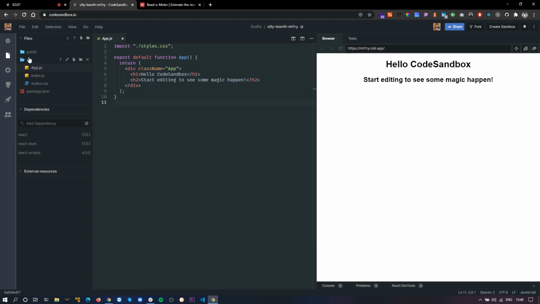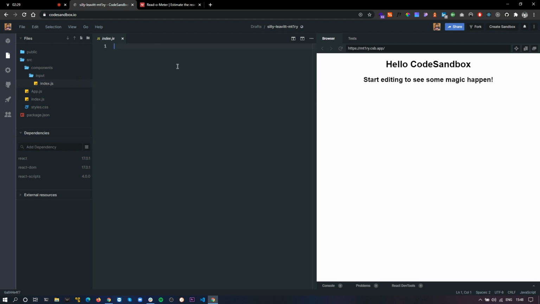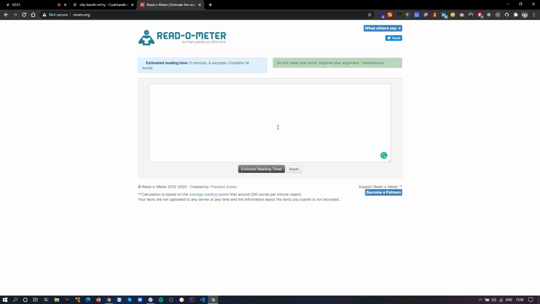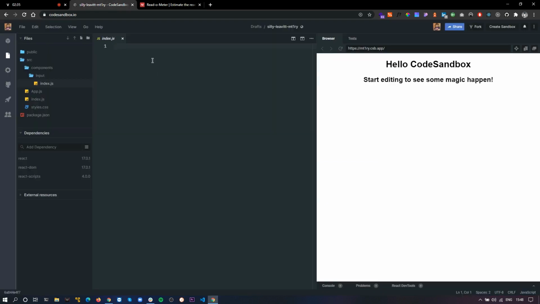First of all, I'm going to go to my source folder and create a directory named components, where all of my components will lie. Inside, I will have one more directory named input, and this will be my input component. By input component, I mean this particular text area where the user can type. So let's go over it.